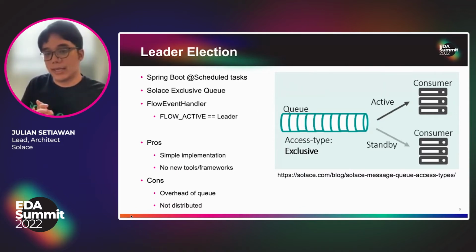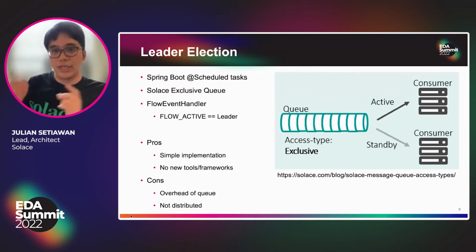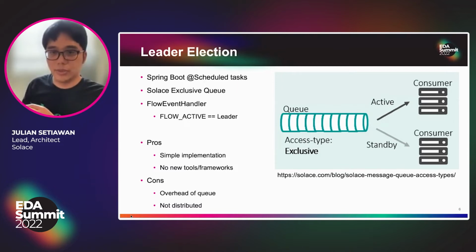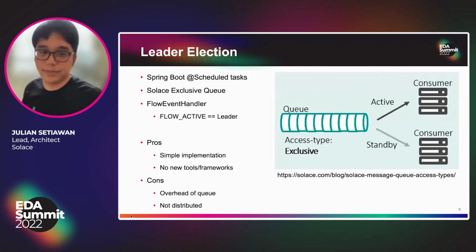But the nice thing about this setup is that it's easily extensible into a distributed scheduler. Because if you switch the queue to a non-exclusive type, which means it distributes messages to all consumers, and you start publishing scheduled events through that non-exclusive queue, you'll end up getting that distribution that is a con in this current solution. This is an interesting one, right? So being pragmatic, using the tools that you have in your toolbox to solve the problem that you have. It's a classic example of architectural trade-offs and choosing the right solution.